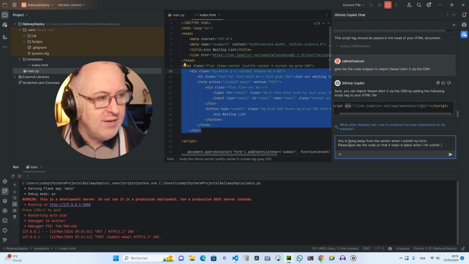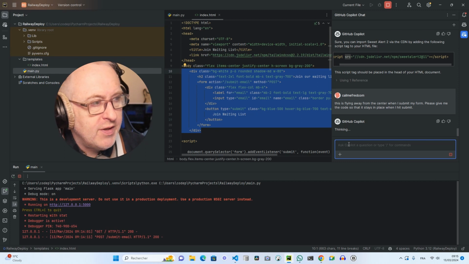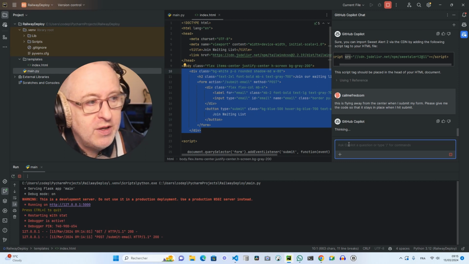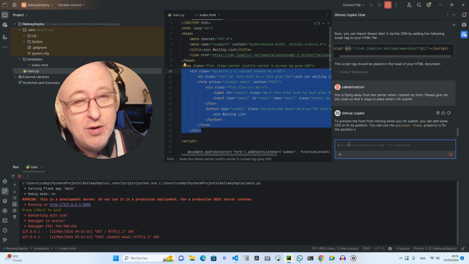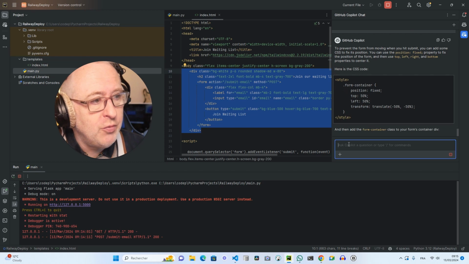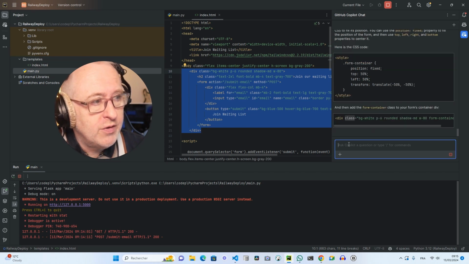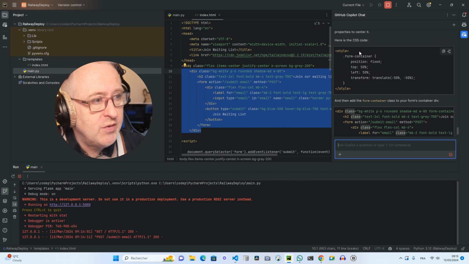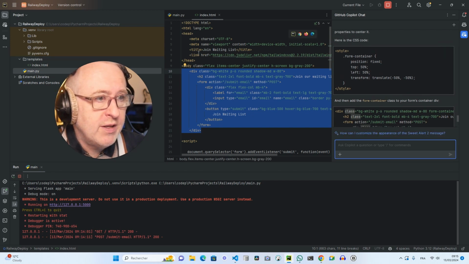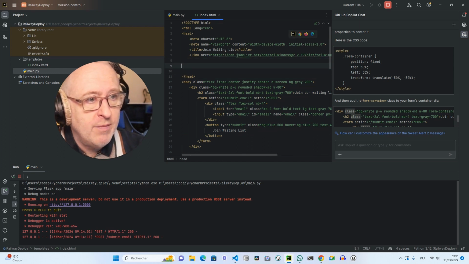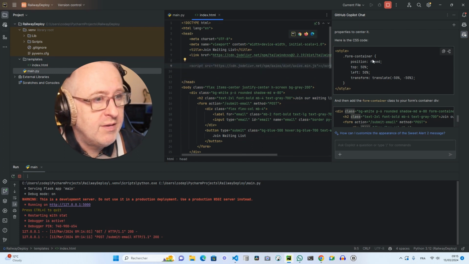So as you can see, if you just ask GitHub Copilot in plain English to fix something, and if you explain it in a way which is structured enough for the AI to understand, it will give you the solution. The solution here is to make sure that the form stays fixed. So we're going to add some styling. It could also be in a separate file, but we're going to add this styling right here in the head section of